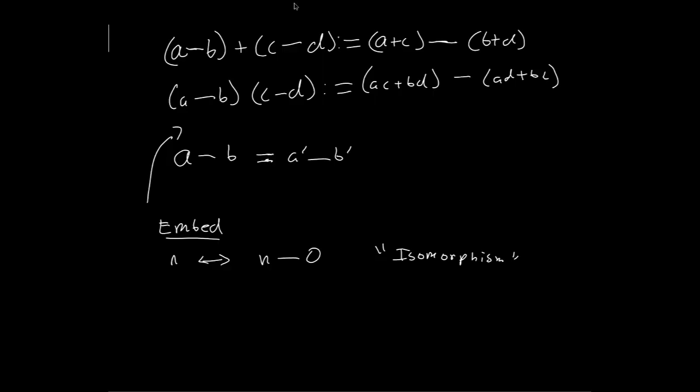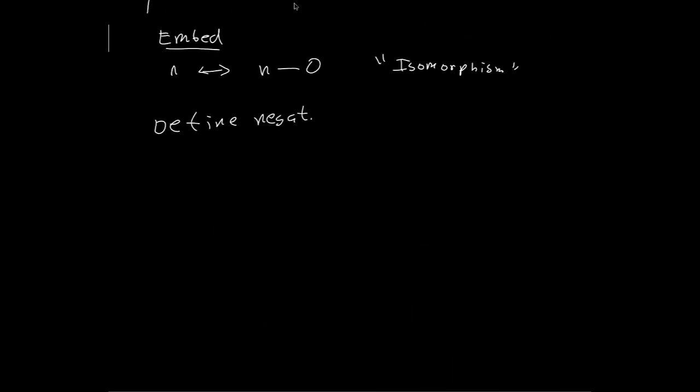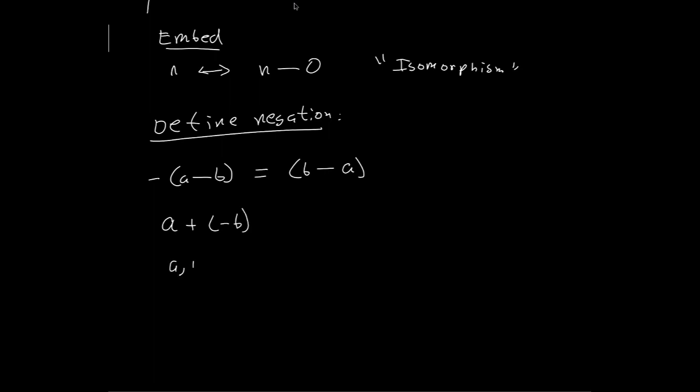And now, just a few more things, and we can finally define subtraction. We'll define negation first. So we'll say that the negation of a bar b is b bar a. So negation swaps the two. And now we can say that we let a plus the negation of b, where a, b are integers, equal a minus b. And we notice that subtraction